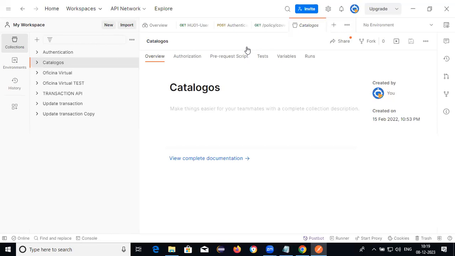Next one, if you want to do the update, we need to use below steps. The first one, body, raw, JSON format. Okay, Meena, clear?